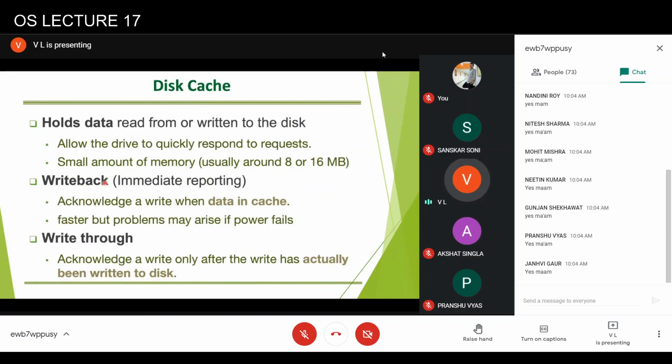Generally, a hard disk will have a disk controller, which will be equipped with a disk cache or buffer. This buffer accommodates data until it is actually written to the hard disk. Or if data is being read from the disk drive, it will keep the data until it is transferred to the memory. So there are two